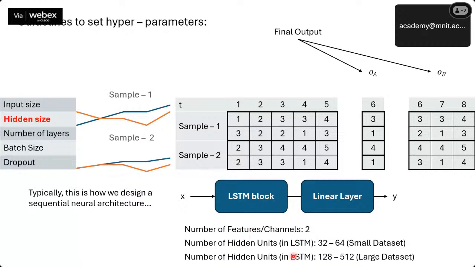But typically, for a small data set, people usually prefer 32 to 64 hidden size. And if you have a large data set, you may require a larger hidden size. Also, if you have a very highly stochastic data set, meaning a highly random data set,